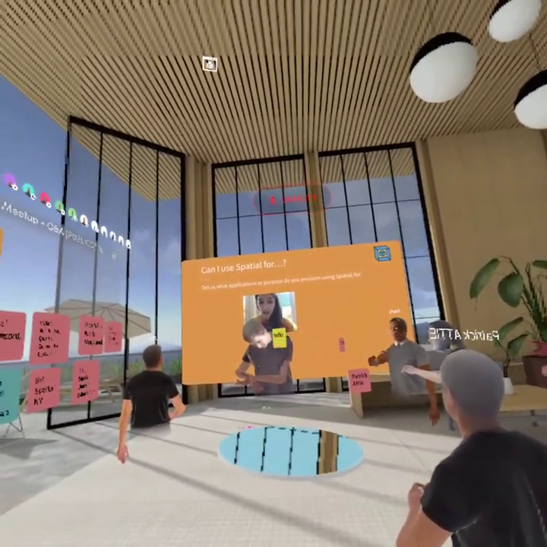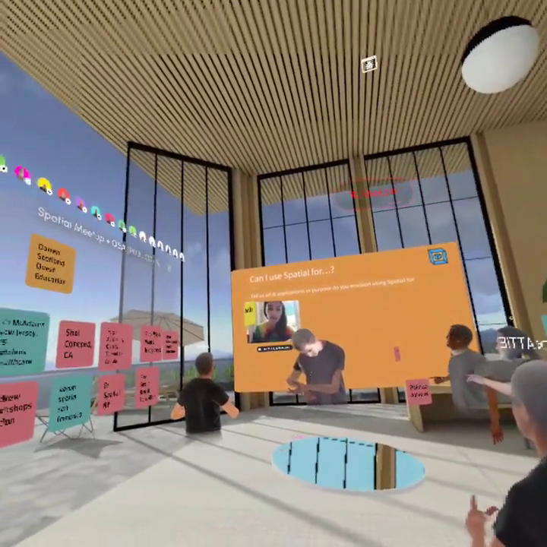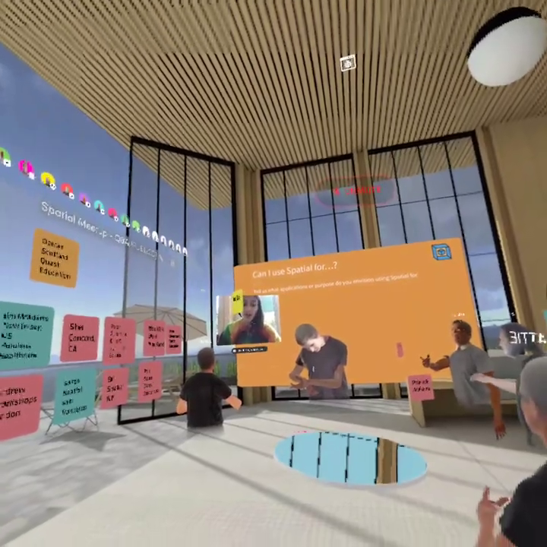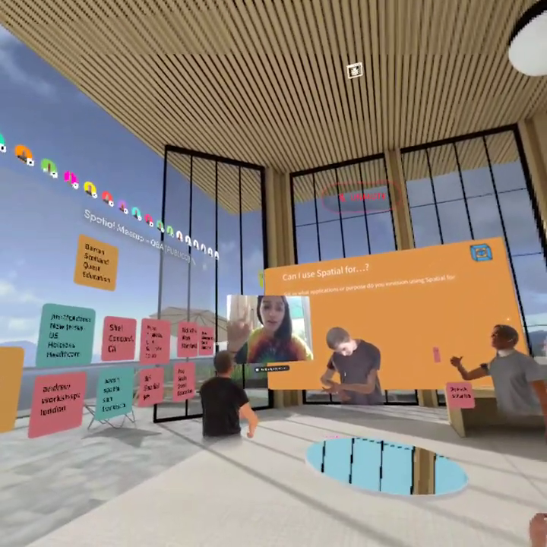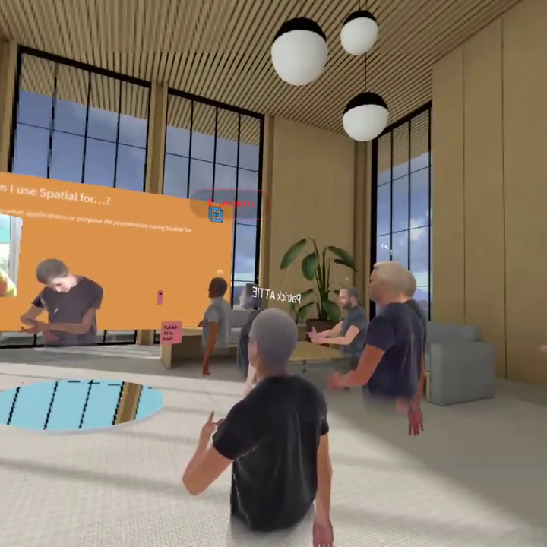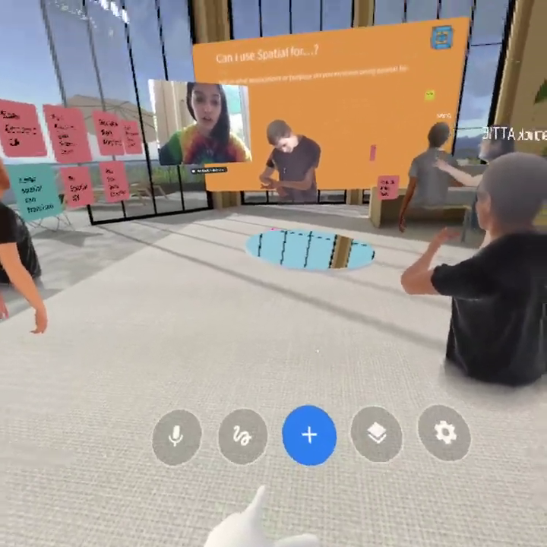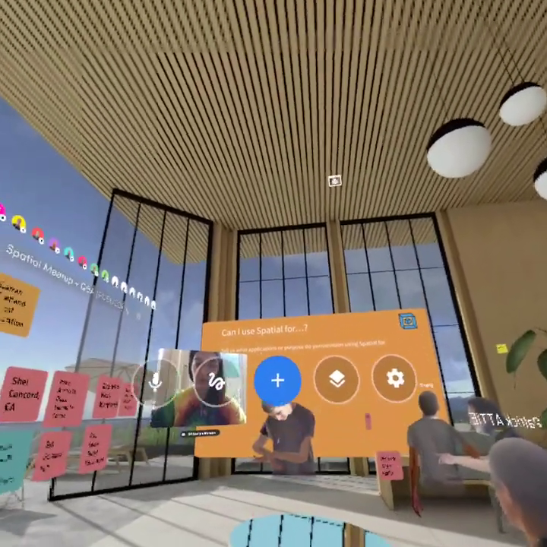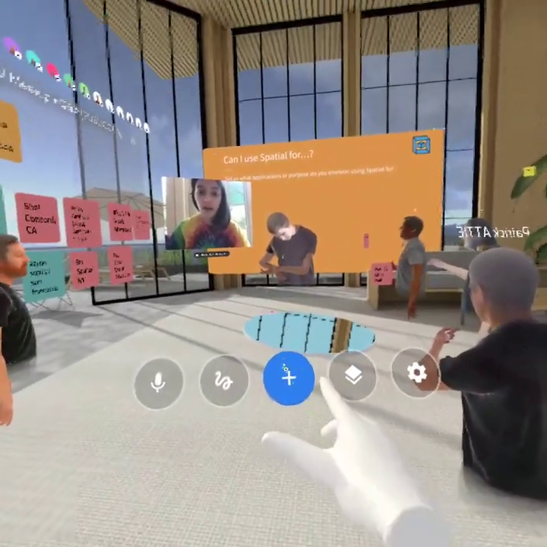And pro tip, a lot faster than typing: go to your settings and mute yourself first, and then go to content, add note. When you add the note, you're going to see a little microphone icon next to done. Hit the microphone, and then you can do speech to text without talking over each other. Anything that you say will be recorded on the note, so you'll be able to add a lot of content quickly.